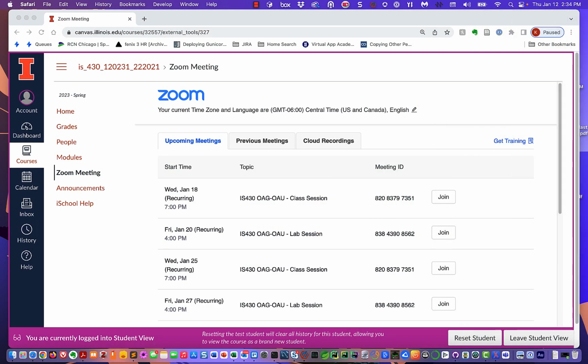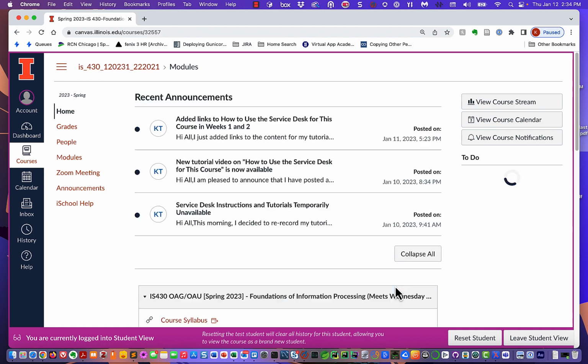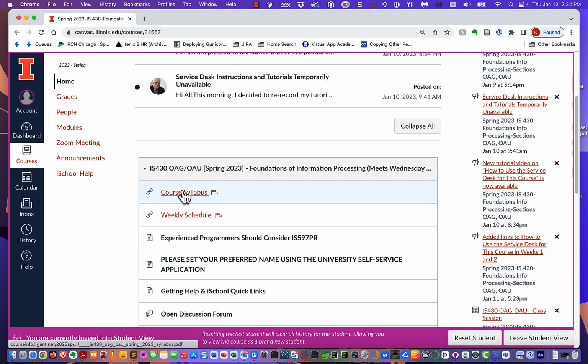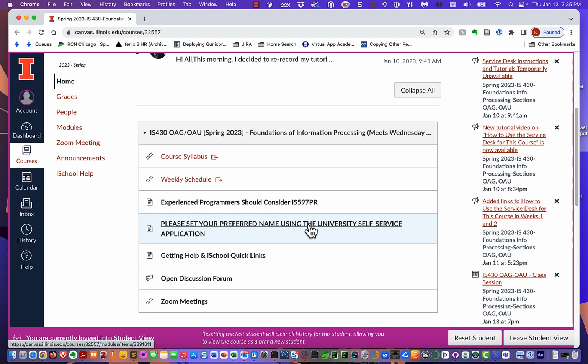Let's go back and look a little bit more at what's going on in Canvas. Okay, so there's a link to the syllabus, there's a link to the weekly schedule. If there's changes to either of these, I'm going to change them, and when you go to the link, you'll go to the up-to-date document. Okay, I've already talked about if you're an experienced programmer, you may want to consider IS430 PR. The next thing,